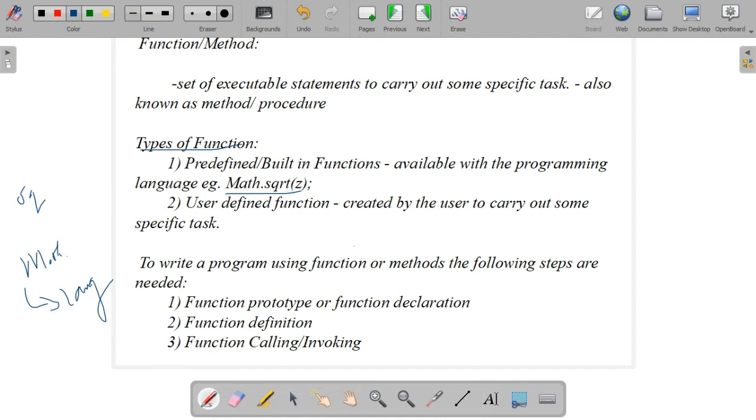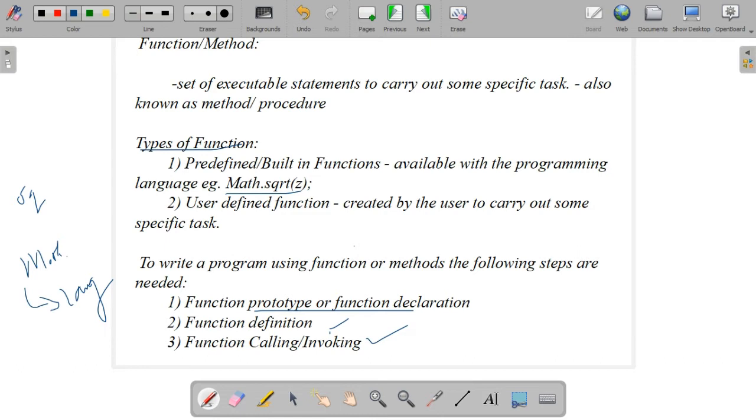When we are writing a program using the method, we have three steps. First one is the function prototype, otherwise known as function declaration. Second one is the function definition, and third one is function calling or function invoking statement. So what are the three steps included in a program when we are using methods?